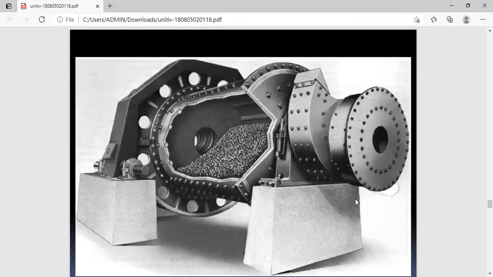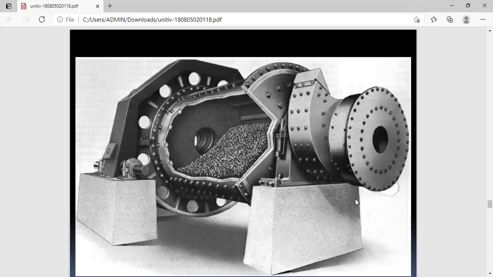Here in this diagram, you are seeing the cross section of the ball mill. This ball mill rotates at a slow speed, at a speed less than the critical speed. What is critical speed? If you are rotating at a very high speed, what happens? The centrifugal force on the material and the balls makes them practically stick to the inner surface of the moving shell. So they never fall down due to the effect of gravity. So it should never attain that speed. The ball mill should be operated at a speed less than critical speed.